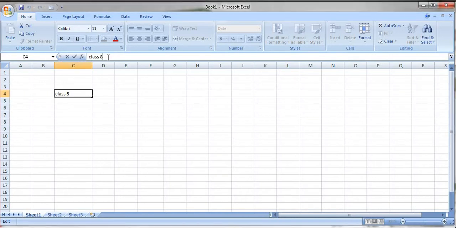See, again I am selecting here. Double click here and you will see the Cancel and Enter buttons appear. Understood? Either if you click here or double click here, these options will appear.